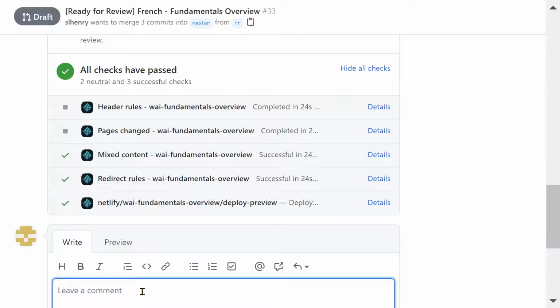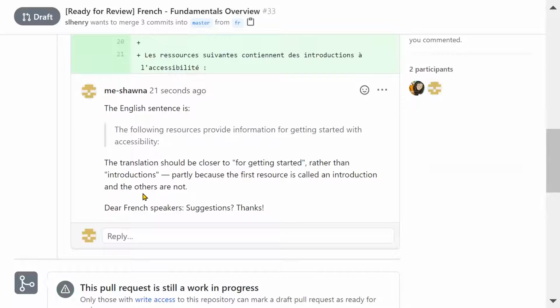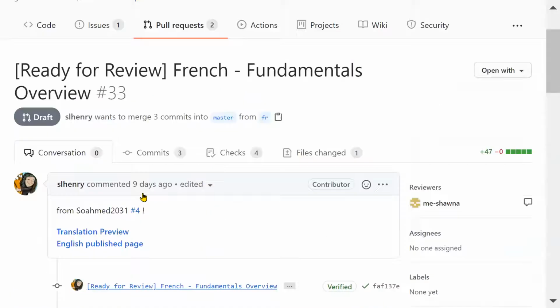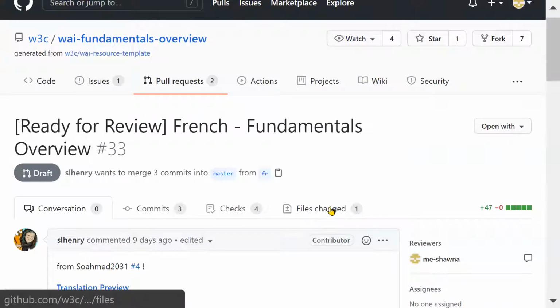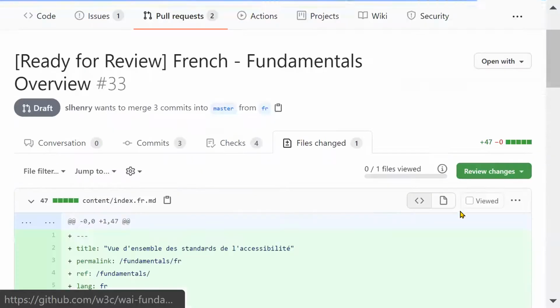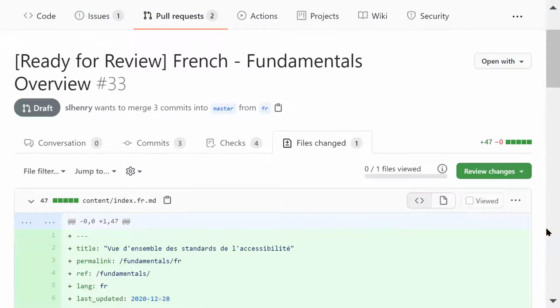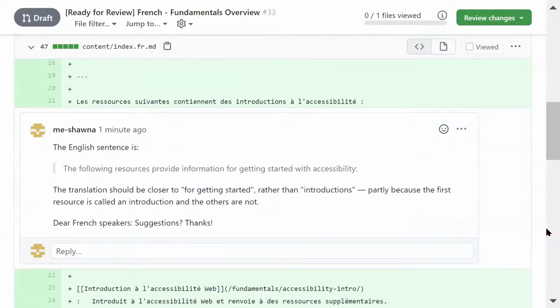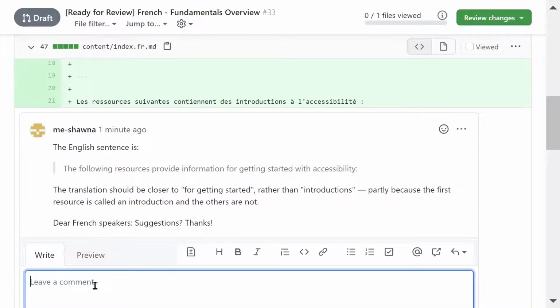Okay, if you want to then review somebody else's comments, you can do that from the conversation tab, or I find it a little easier to do that in the files changed tab again. So in the files changed tab, you can just look for what comments people had, and then you can add a reply in the similar way and just say, yes, I agree, or how about this wording, or whatever it is.